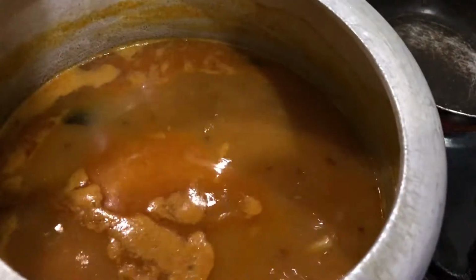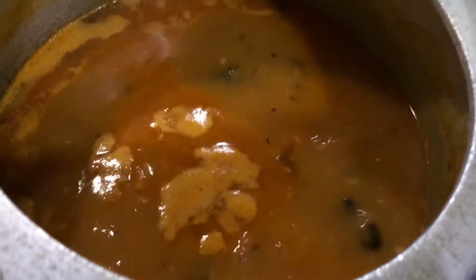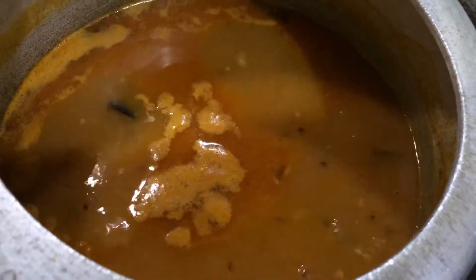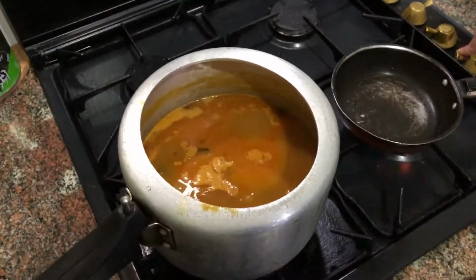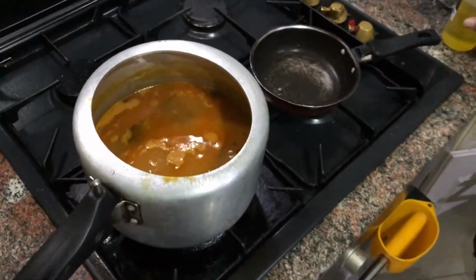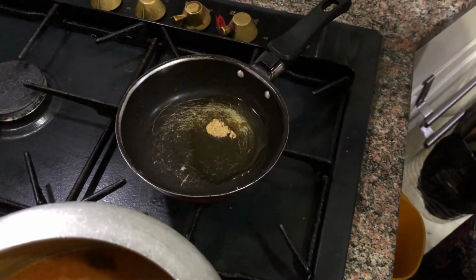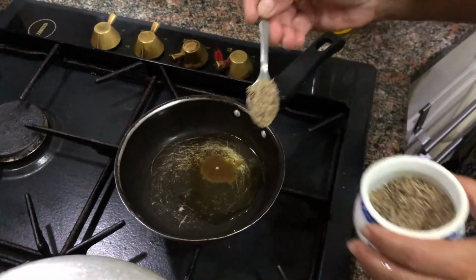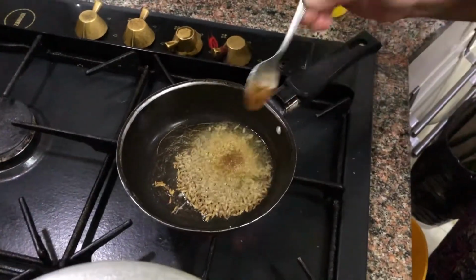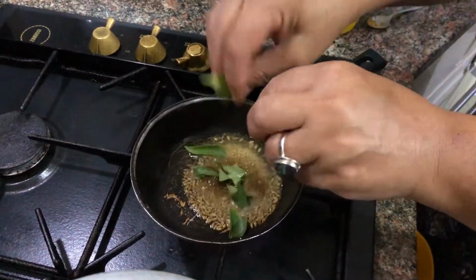Okay, so you'll know this is done when on the side you'll see all the oil coming up as well, and the color has changed to something a bit more darker. Next thing what we're gonna do is we're gonna add a tadka to it. So in a small pan, add some oil, add half a teaspoon of asafoetida, a teaspoon of cumin seeds, half a teaspoon of garam masala, a few curry leaves,